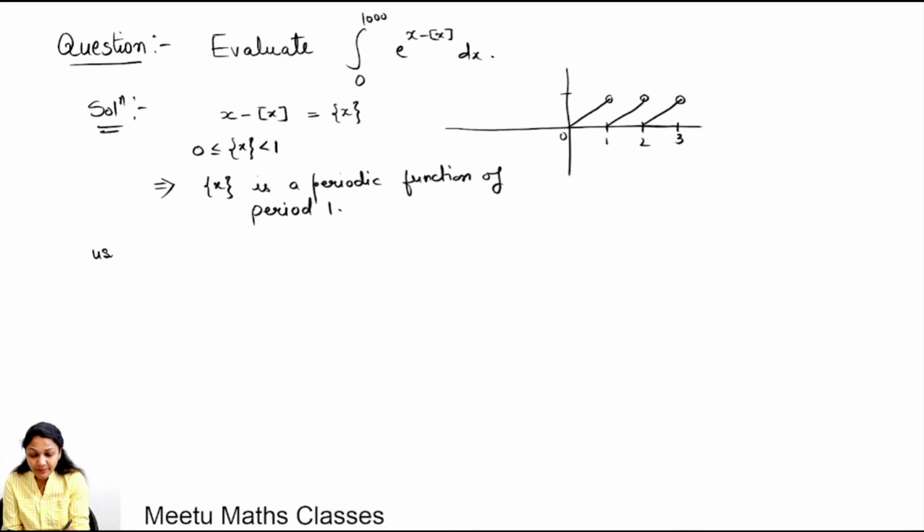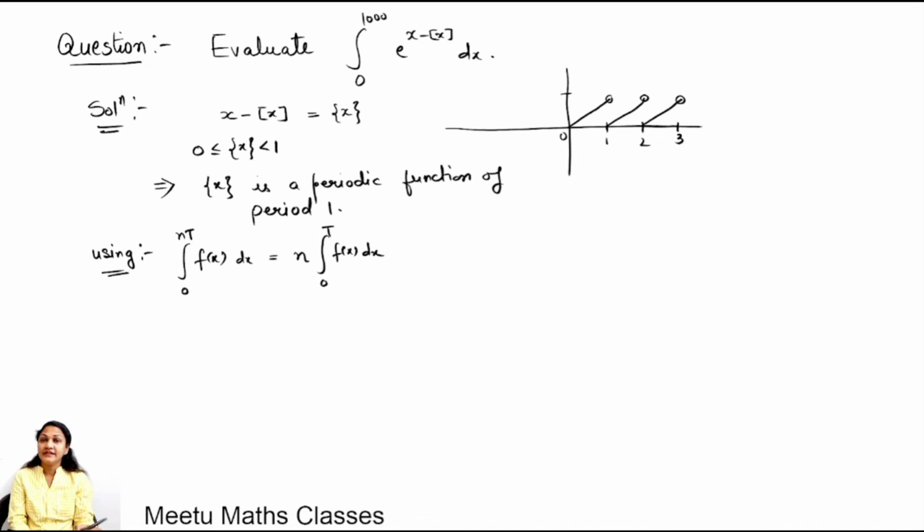Now there is a property of definite integrals that if you have to integrate your f(x) between 0 to nT dx, where T is the period of f(x), then it can be equal to n times the integral 0 to T of f(x) dx, where T is the period of